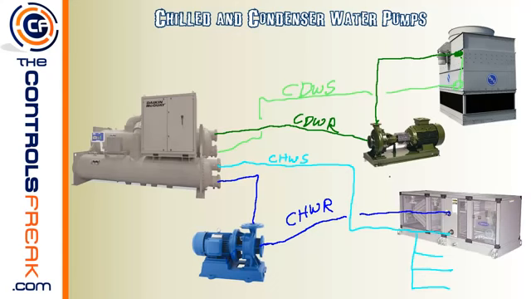Now granted, there is a ton of other variations of equipment. There's multiple pumps, multiple chillers. In this simple diagram that we have here, you'll probably have anywhere from 8 to 10 different valves spread all throughout here. So this is just a very generic representation of what parts connect to what other pieces of equipment. So stay tuned. We'll come out with more videos with more detailed instructions and hopefully find some better images and